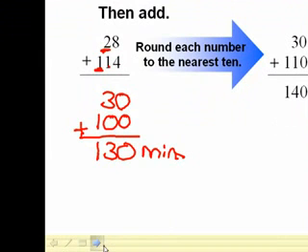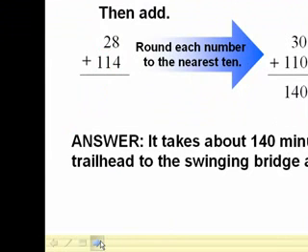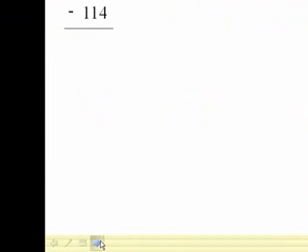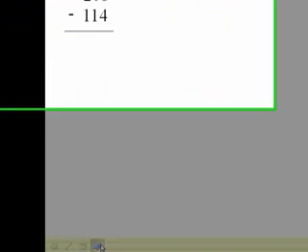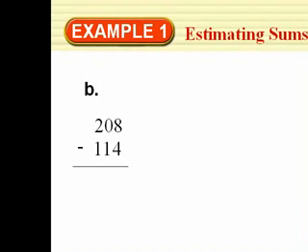So let's look at the next one. There's the answer there, writing it out. So on B, if you look in your book, I won't go back on the PowerPoint. It says the biking time from the swinging bridge past the waterfall to the trailhead is 208 minutes. Estimate the number of minutes it takes to bike from the waterfall to the trailhead. So you have 208 minutes. It tells you that's how much for the total trip, and we subtract the 114 from the waterfall to the